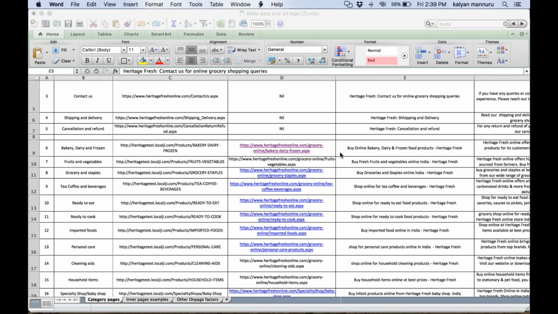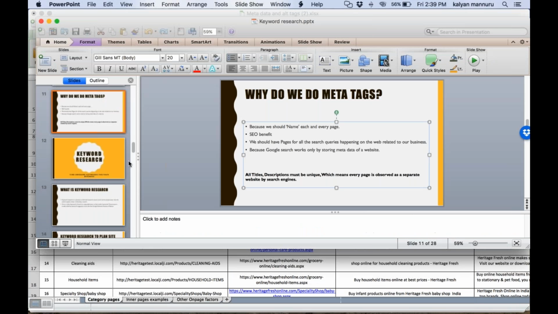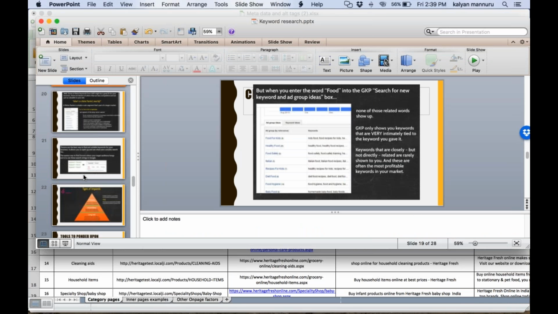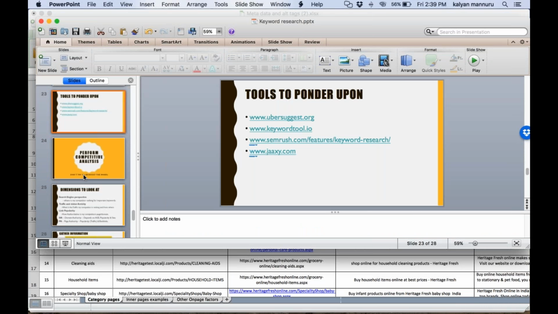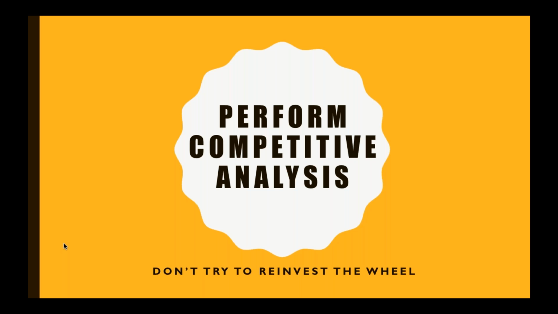All right, so I'm moving on to the next topic, that is competitor analysis. It's continued in the same PPT that you went through yesterday. If you have this in your backend, where you usually go through the PPTs, you will also have this continuation, how to perform competitive analysis of your